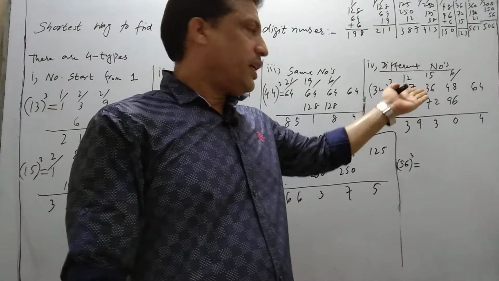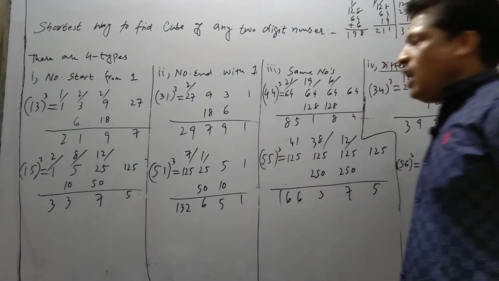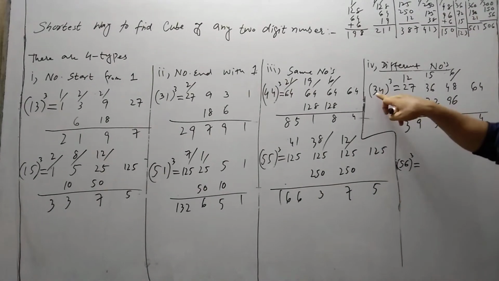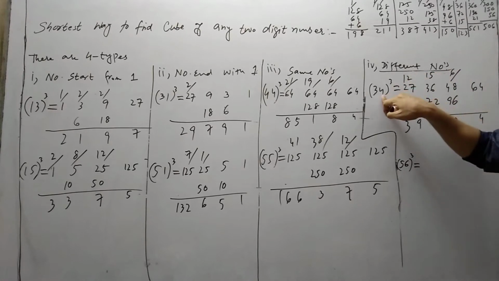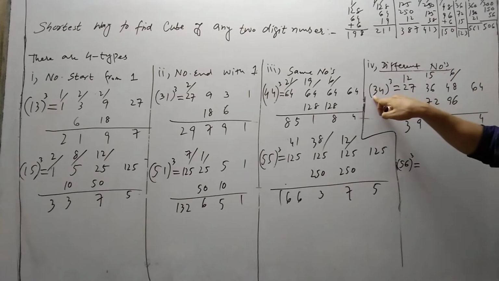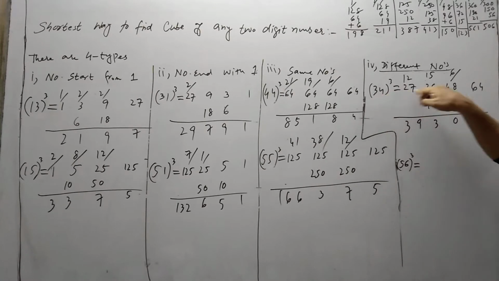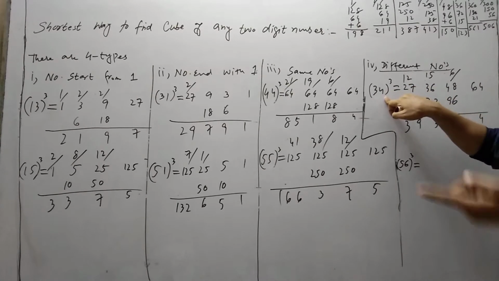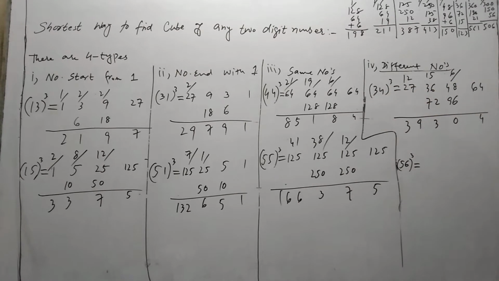Here we go. See how easy it is. Just follow the rules. I repeat again. Write the cube of the first number, that is 27. Make some gap. Write the cube of the second number, that is 4 cube is 64. Then the square of the first number, 3 square is 9, multiplied by the second number, 9 multiplied by 4 is 36. Square of the second number, 4 square is 16, 16 times 3 is 48.